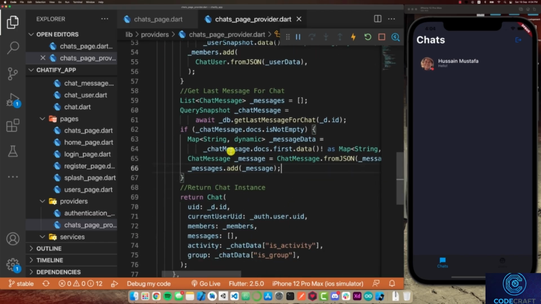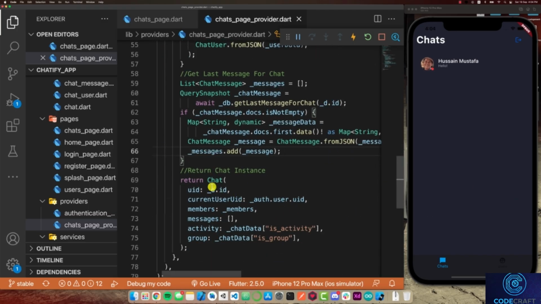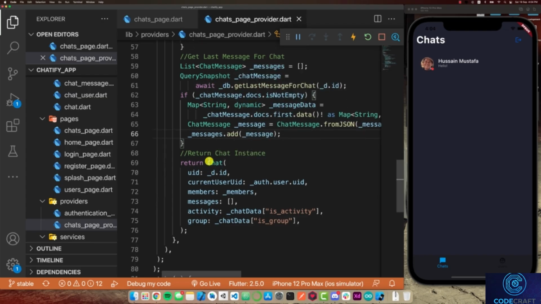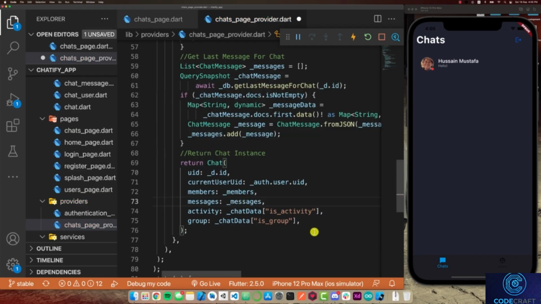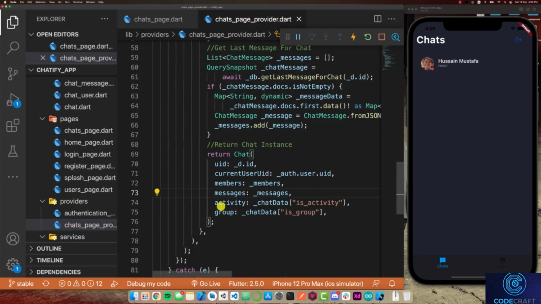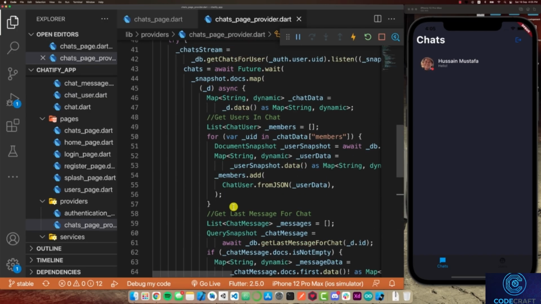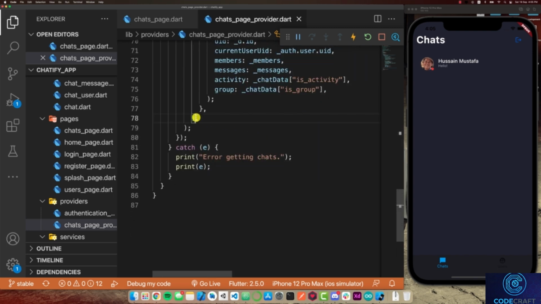So with all of this done, the last thing that we need to do is go to our actual chat instance that we're returning, and we need to replace the messages list to be this messages list that we just created, and do Command-S. And then the final thing that we have to do is go to the snapshot.documents.map function, which is here, and we need to cast that to be toList and do Command-S. And then once that is done, at the end of the function, I am going to call one very